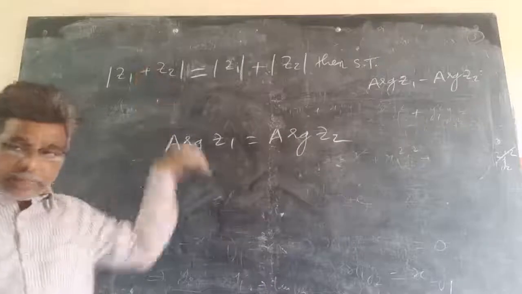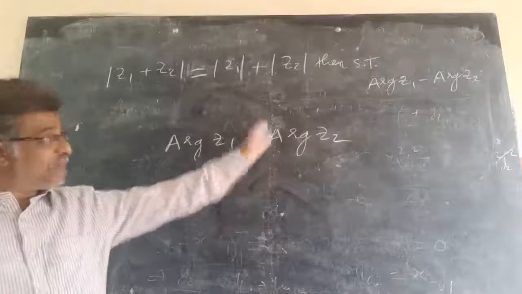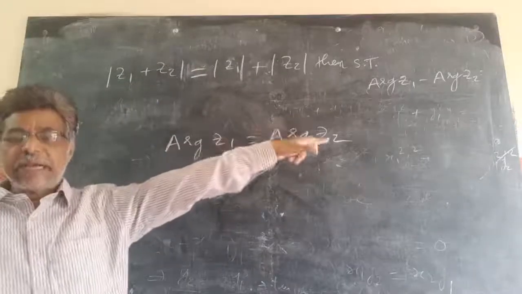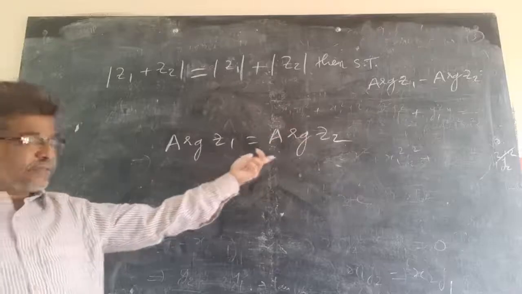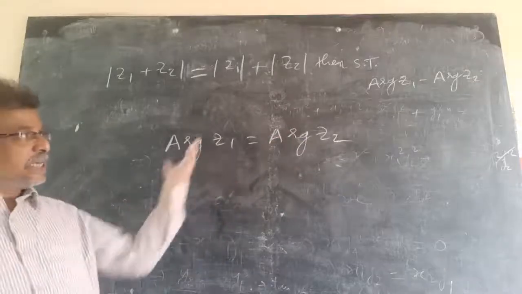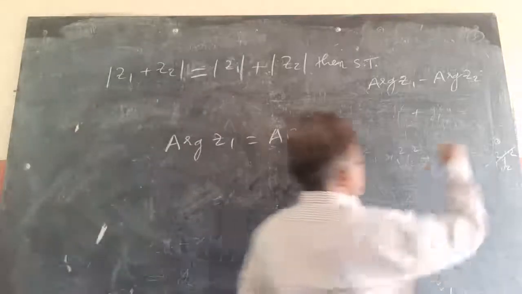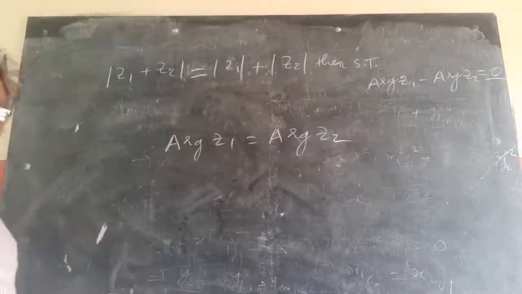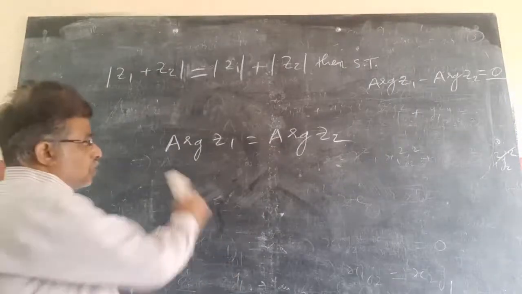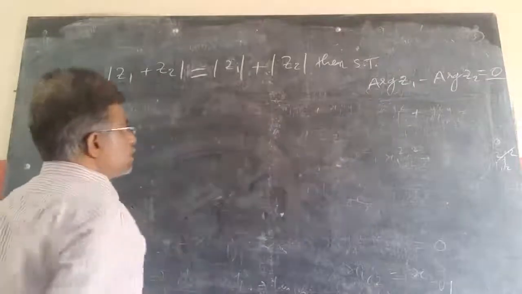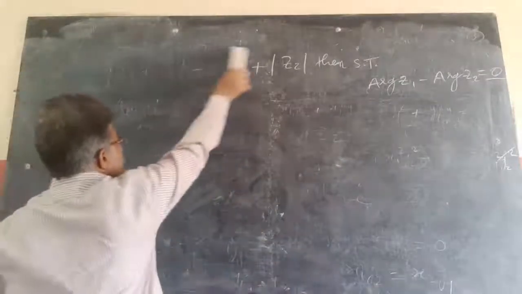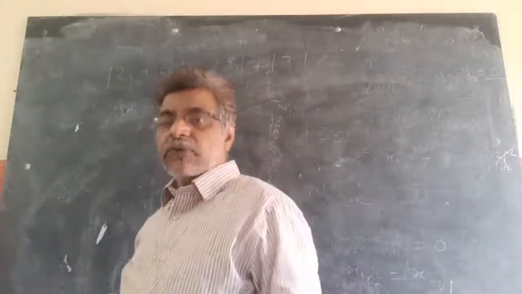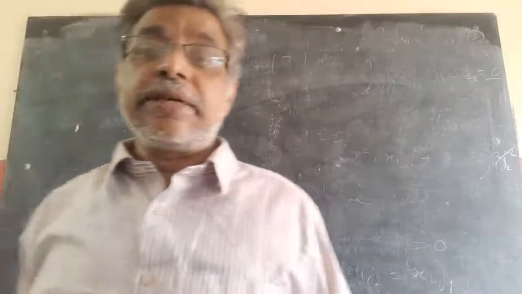Simple logic instead of doing that much. But that is for 4 marks. You can't write it directly because he is asking you to prove that if equality holds, they are parallel. So arc z1 equals arc z2. Bring to one side, then arc z1 minus arc z2 is simply 0. You need not do all of that if you know the basic concept: modulus of z1 plus z2 is always less than or equal to mod z1 plus mod z2. We did the properties, using the property you can do it in one step. But it is for a 4 marker, that's why we did that much.